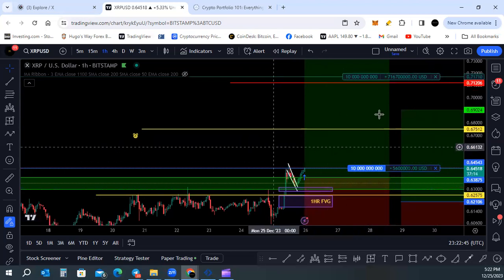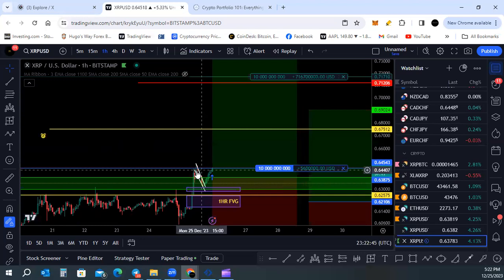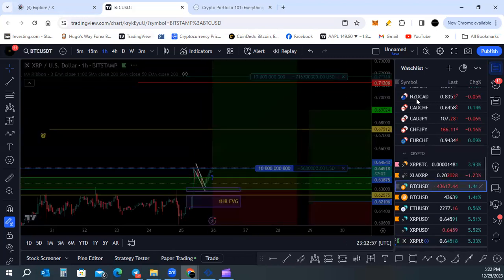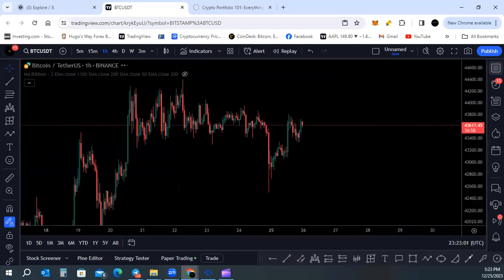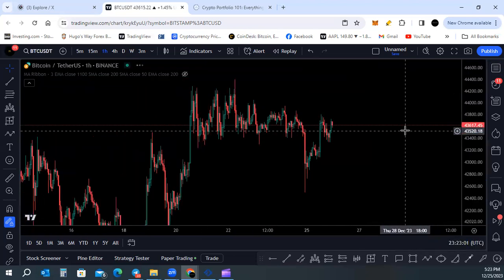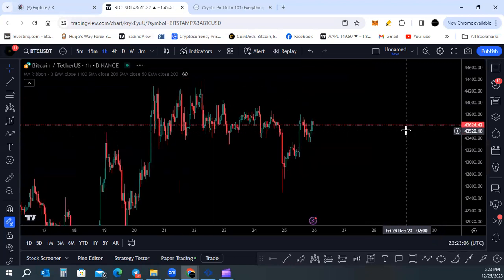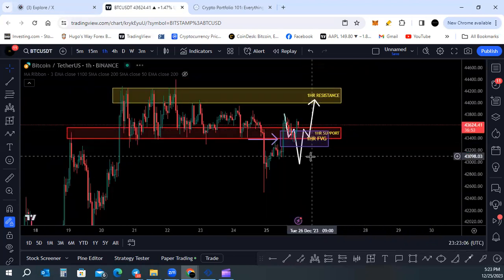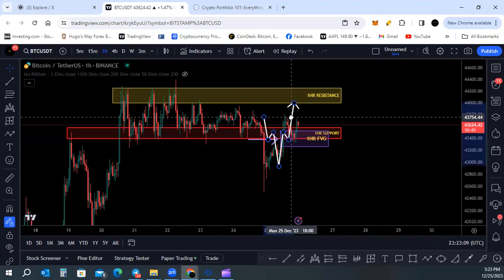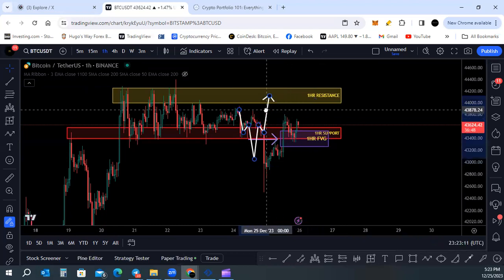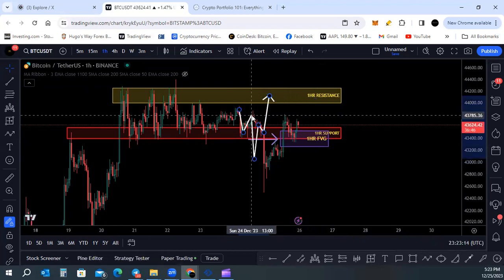But anyways, you guys, let's take a look at Bitcoin real quick. We do have that position going. I'm looking for this high to get broken right here at 63,857. Let's see if we can identify some more of these things. Just right off the bat, it's looking like we're getting this inverse head and shoulders. I dropped this in the group earlier. It looks like we may be getting this